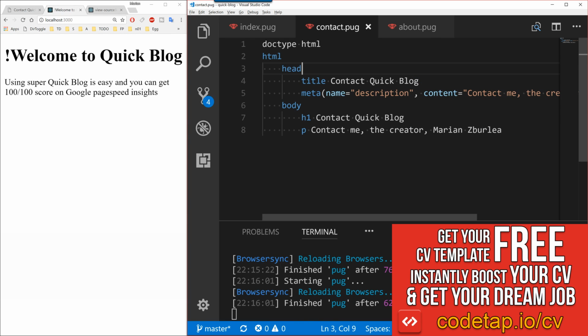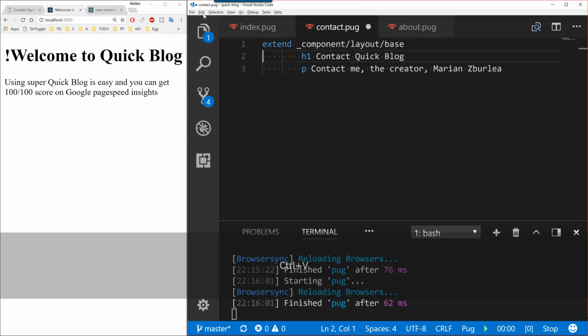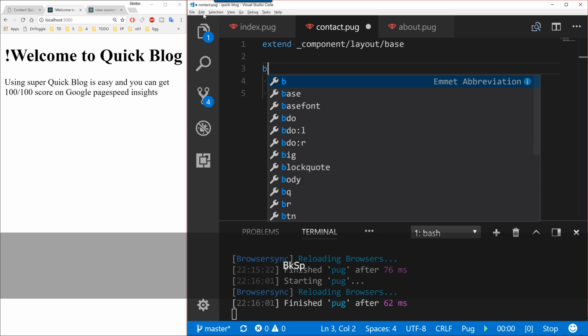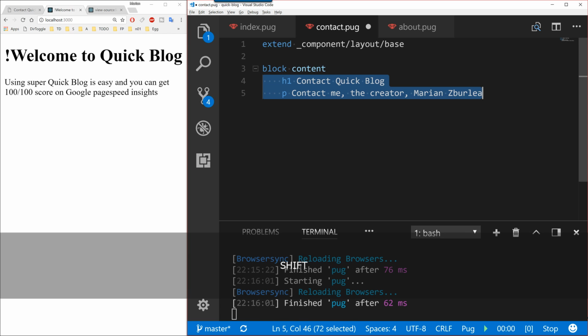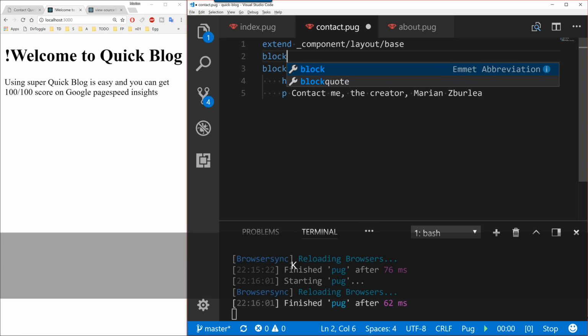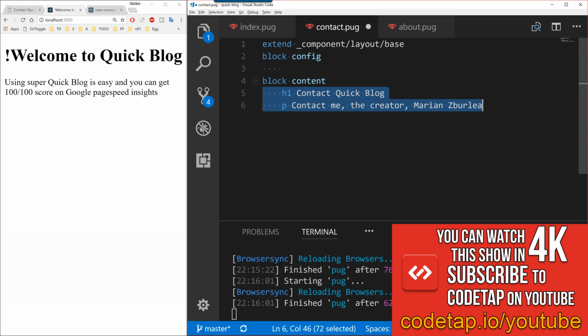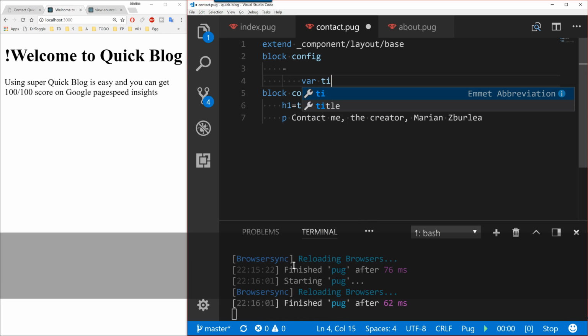So over here we no longer need most of this. All we have to do is extend the layout base file. This one should be in the block content. Let's indent it properly, and let's also create the block config and move those ones. h1 equals title. Let me grab that and do var title equals